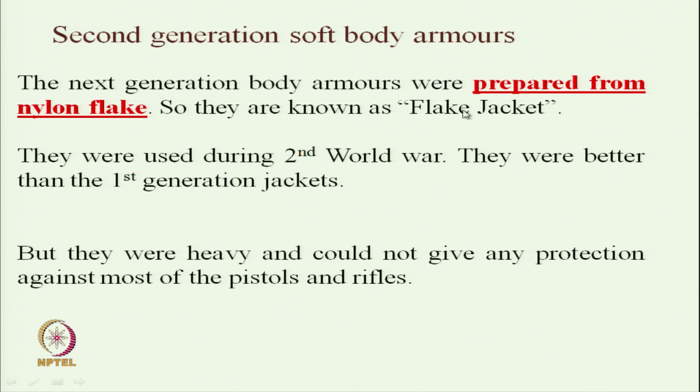The main disadvantage of these nylon flak jackets was that they were heavy and could not give any protection against most pistols and rifles. When these pistols and rifles were developed to work at higher speed,